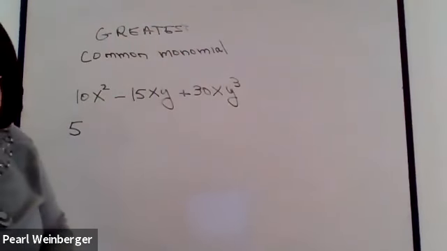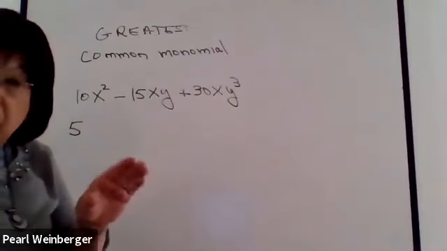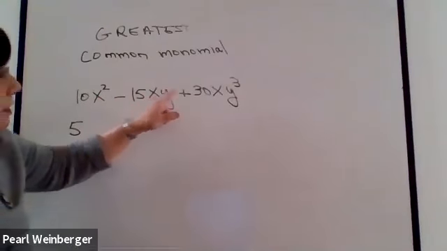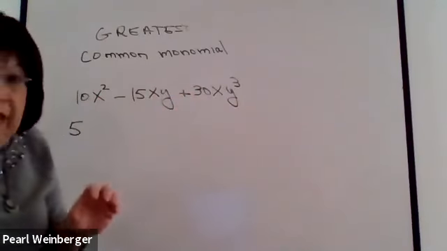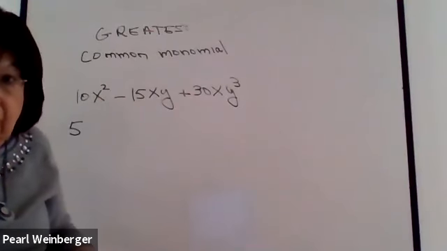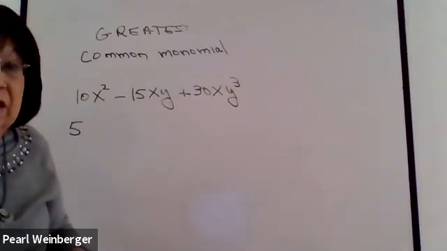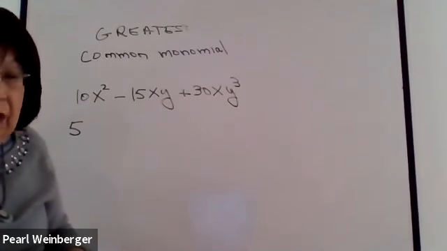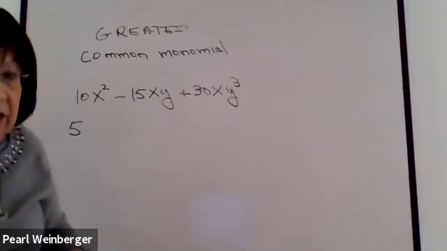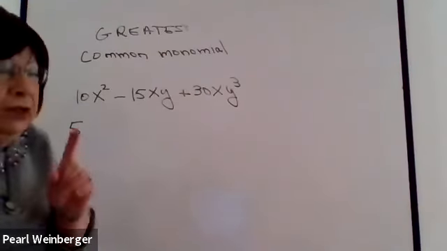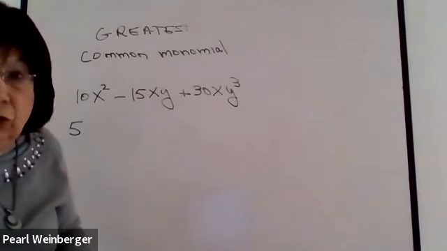Then you go to the letters, and you're going to deal with each letter separately. The first letter I see is an x squared. So I look at each term. This has an x squared, this has an x, and this has an x. They all have x terms in them. X is a common factor, but I always want the greatest one, so I want to know what is the largest exponent I can use on the x that will go into each term. And that's really very easy to figure out because you always look